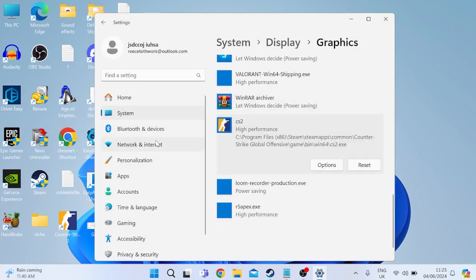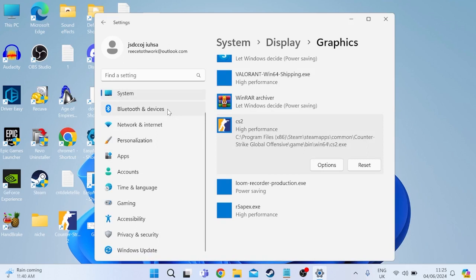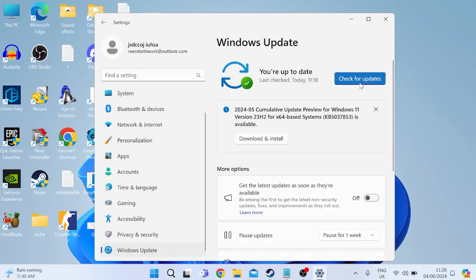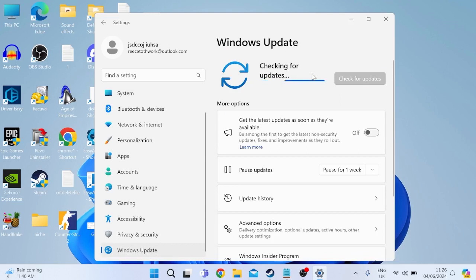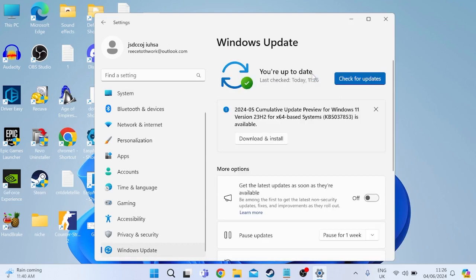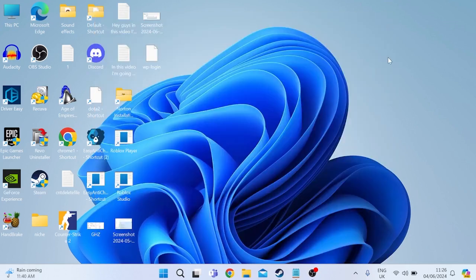And whilst we're in the settings menu, it's a good idea to make sure our computer is fully up to date, which you can do by heading into Windows Update at the bottom here and click this check for updates button, and once again just ensure you're running the latest version of Windows, as outdated software can cause performance issues. Now we've finished inside of the settings menu, you can close off of this and head back to your